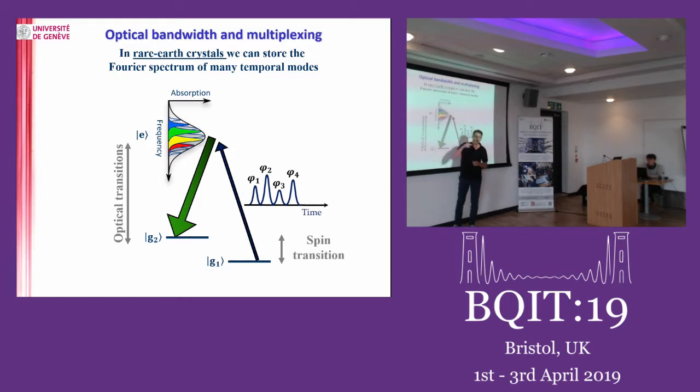On the other hand, every ion in this rare earth crystal, if you cool them down to 3 Kelvin, has very narrow homogeneous linewidths. Every atom can have linewidths down to a few kilohertz, while the total broadening here can be several gigahertz. So you have a lot of absorption channels, and you can use this for storing frequency information. This is a cartoon sketch, but in principle you can come in with a train of photons encoding phase and amplitude information, and store the Fourier spectrum in the optical transition. This is really the basis of the memories that we are using.